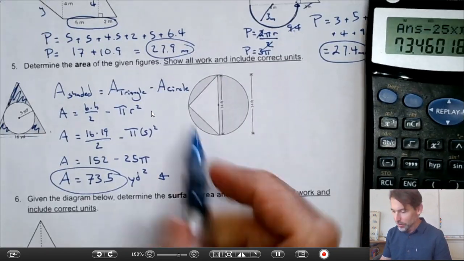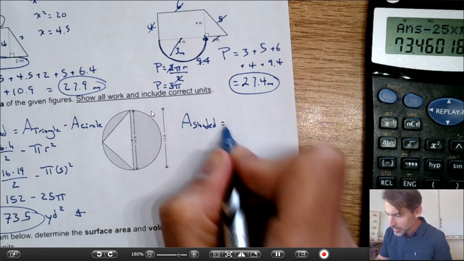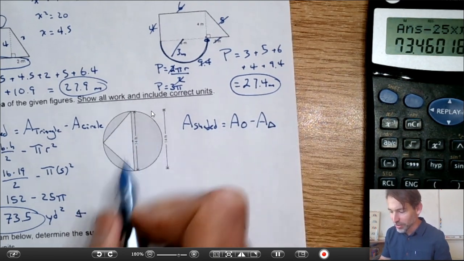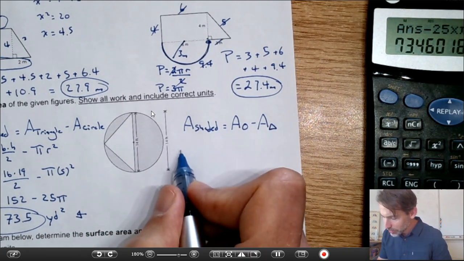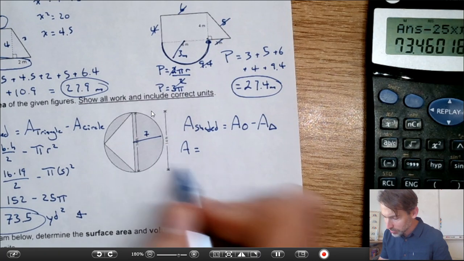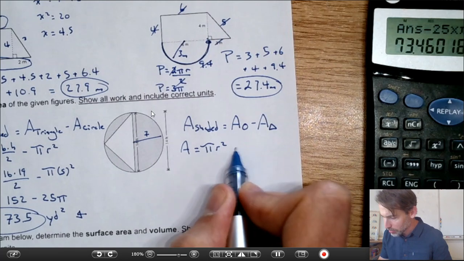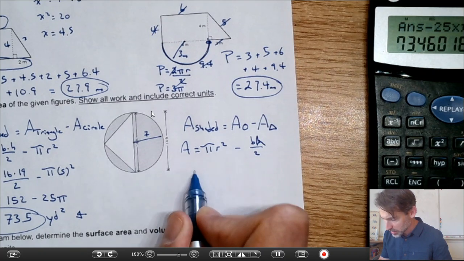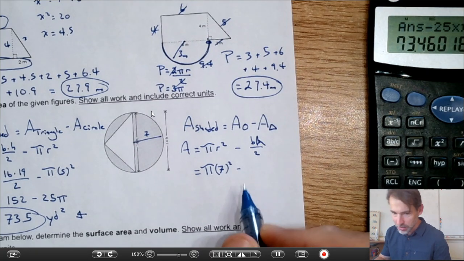All right, let's go. So here, now we're going to have area shaded is equal to area of the circle minus area of the triangle. So this one inverts it, right? So let's find that. The radius here is 7 because its diameter is 14. So that's going to be pi r squared minus base times height over 2. Same formula. So let's substitute in. Pi times 7 squared minus